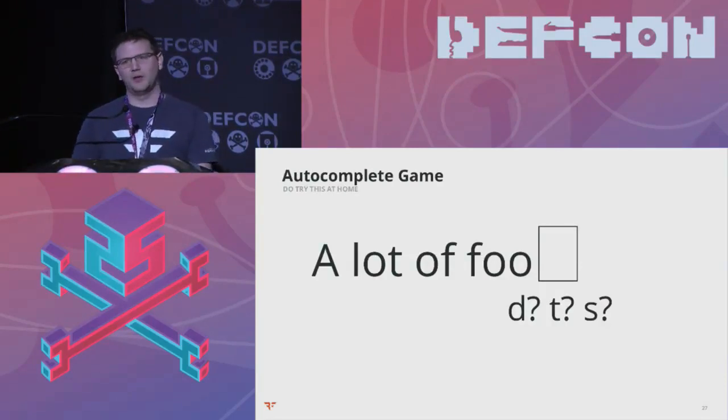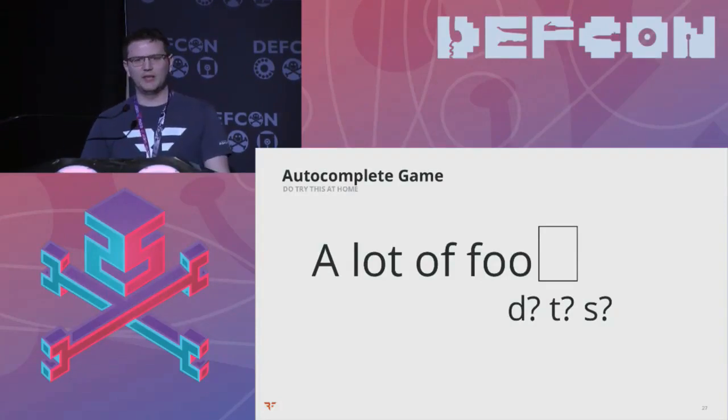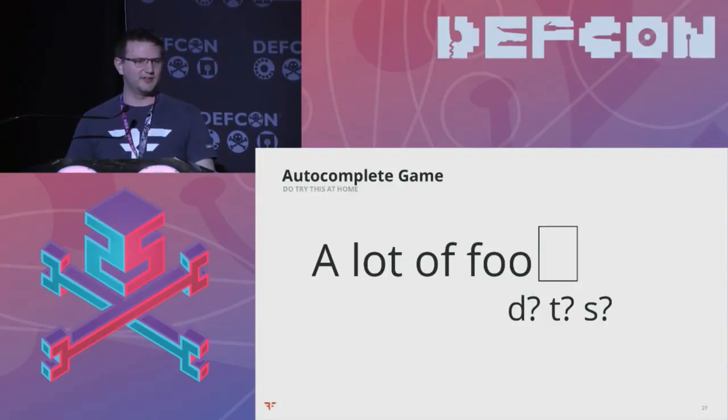So this is basically what DeepHack is doing, right? It's taking the information from the string it has seen before, as well as, in your cell phone case, the history of things you've sent in the past, and tries to figure out a good suggestion for that. And that's really all there is to it.